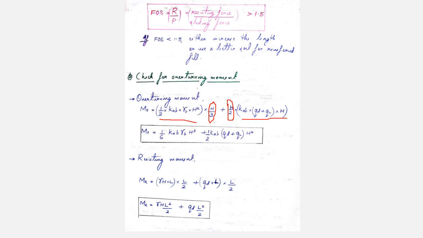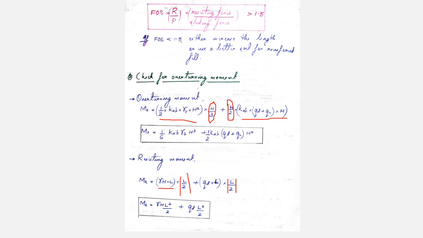Now the resisting moment is also provided by the rigid block itself. So here the resisting moment is offered by the rigid soil block. We had already calculated the resisting force offered by the rigid block, that is gamma into H into L. Now the distance at which that will be acting is L by 2, plus the weight due to the dead load, that is QD into L, into the distance at which it is acting, that is L by 2. So this will give you the total resisting moment, which is contributed by the self weight of the rigid soil fill and the weight due to the additional surcharge load, which is the dead load.